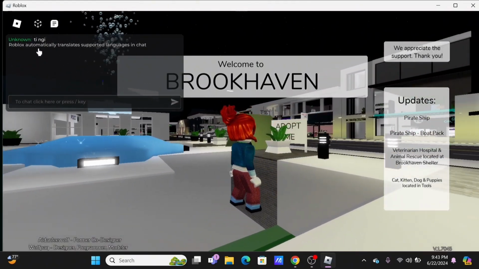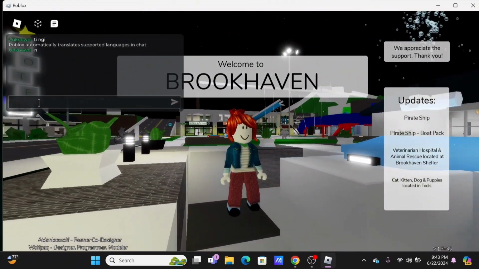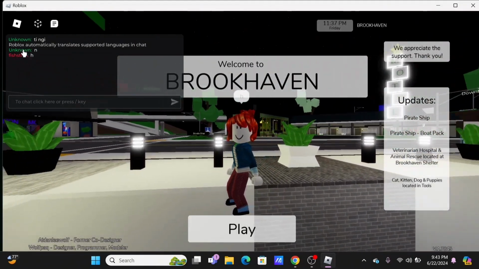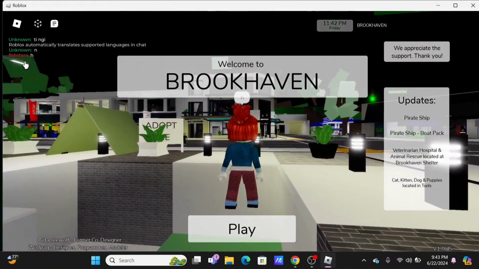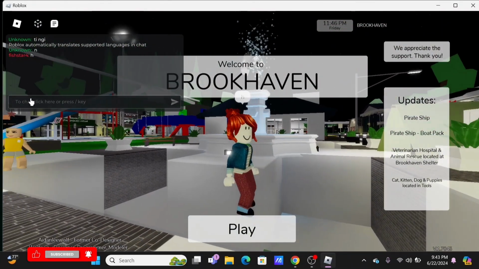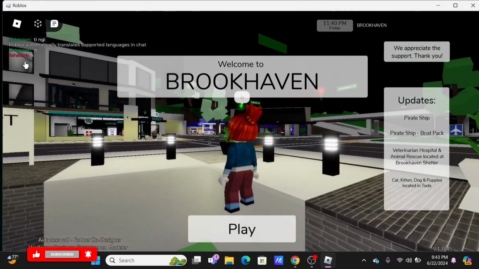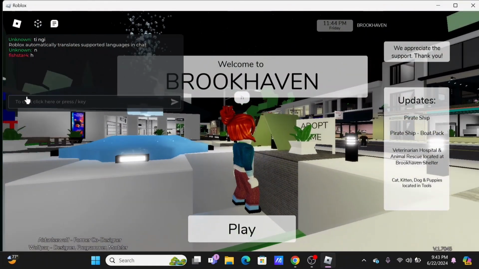On your left hand side, you will see the chat layout and you can see that a random username has it as green and I have it as red. However, this is not a setting that is in our hands. Yes, the unknown user does not have it in his hands to set it as green,